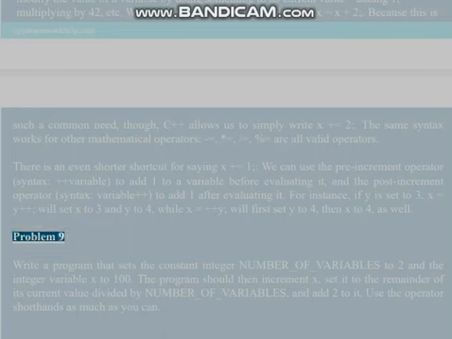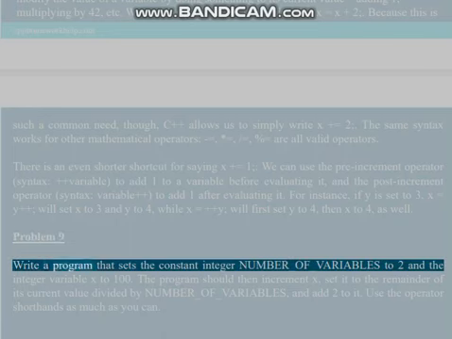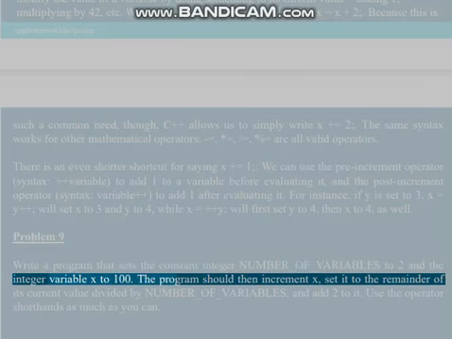Problem 9. Write a program that sets the constant integer number of variables to 2 and the integer variable x to